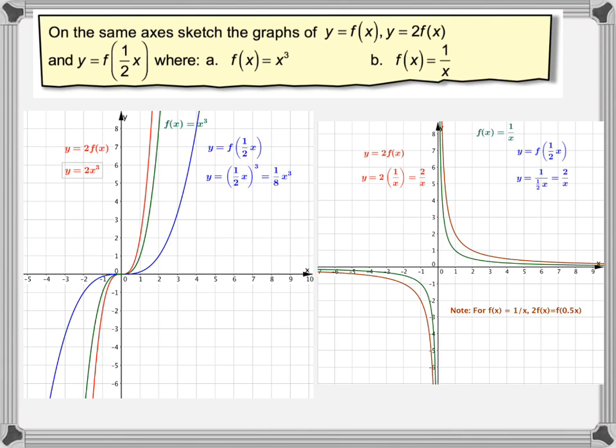Okay, so this has been a video to show you how to do stretches of a cubic graph and a reciprocal graph. I hope you've understood, and just repeat,